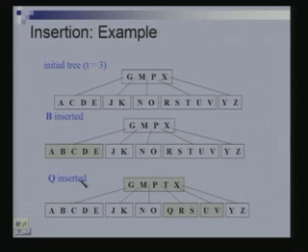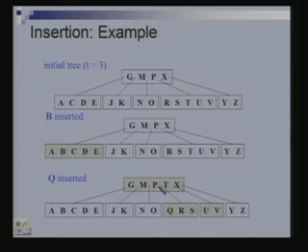Now, suppose I am trying to insert Q. Once again I come to this node. This is not yet full, so I go down. I come here, this is not yet full, I come down here, and then I put Q here, but this is full already. Which means it will cause it to split. So Q R S would go on one side, U V on the other, and T gets promoted here.